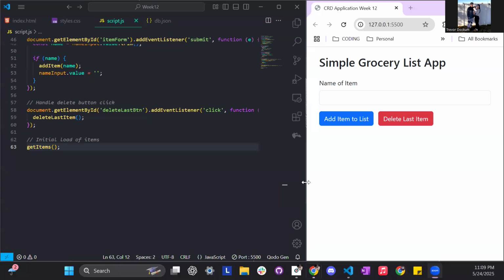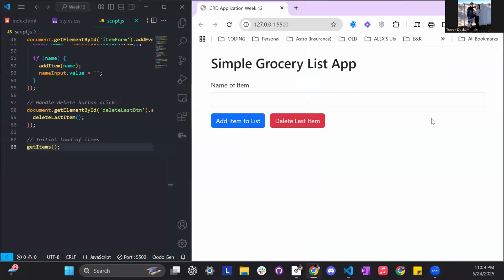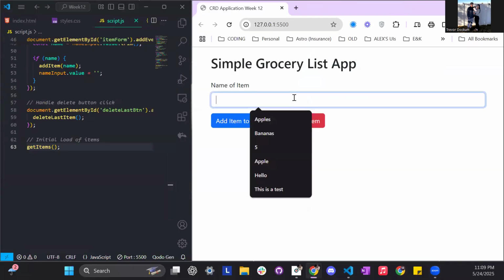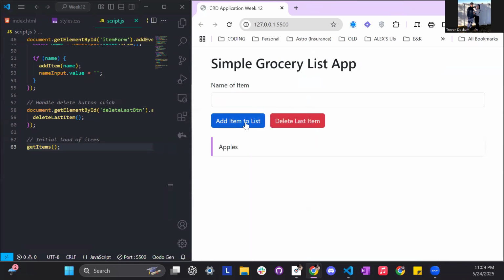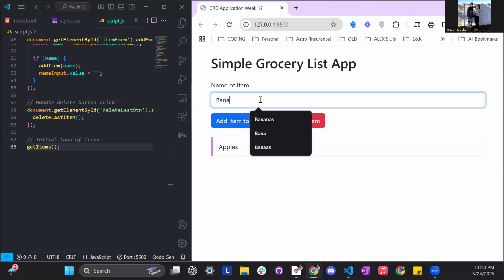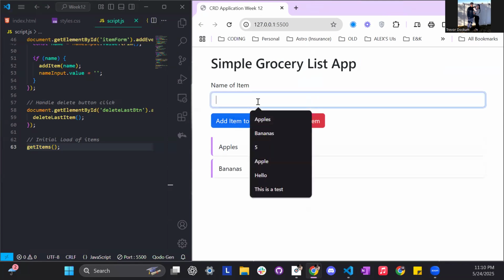So for the app, I'm going to make it a little bit bigger. It's just a simple grocery list app. You can type here in the window, say we want to add apples. You can click add item to list. So I hit enter and dropped it down here. We'll do bananas, add them to the list, milk,